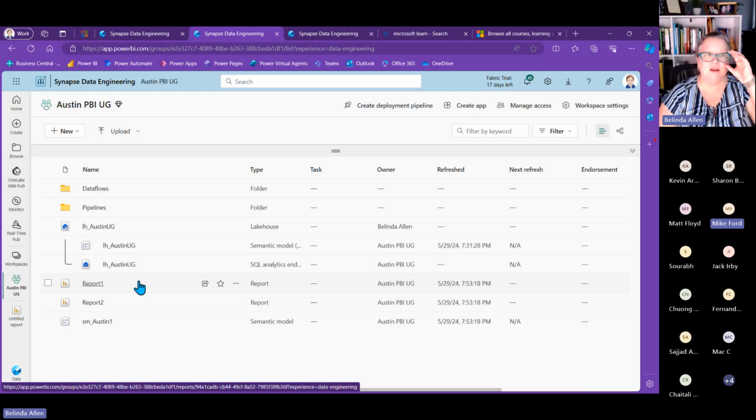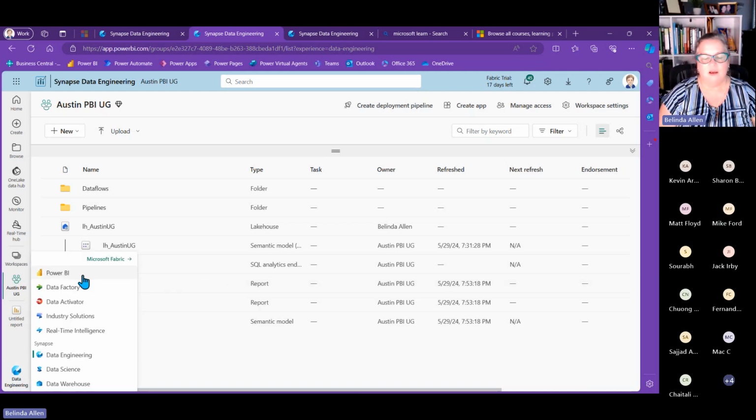I was just going to say there are two different experiences inside of Power BI that work with that. One of them is the pipelines, and actually, it's funny, technically they belong to Data Factory, but they work everywhere you can ingest data. But also Data Activator, where we could set triggers and do the types of things that Power Automate does, but specific to our data. I expect that it's kind of basic right now, but I expect it to take off. So I'm super excited about the possibilities that Data Activator has. Really excited about it.